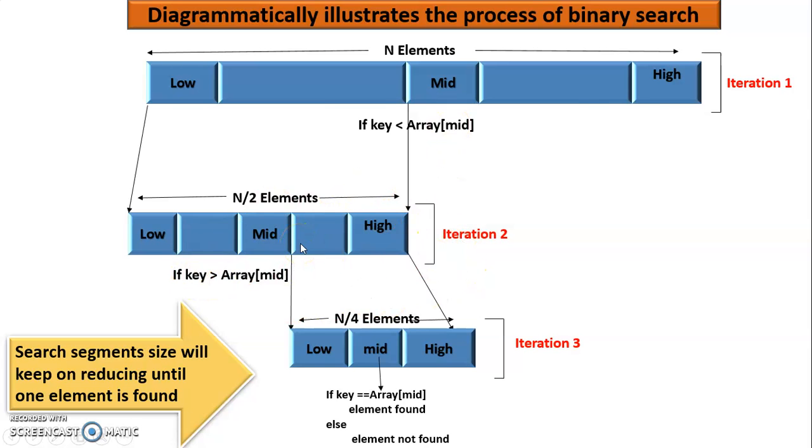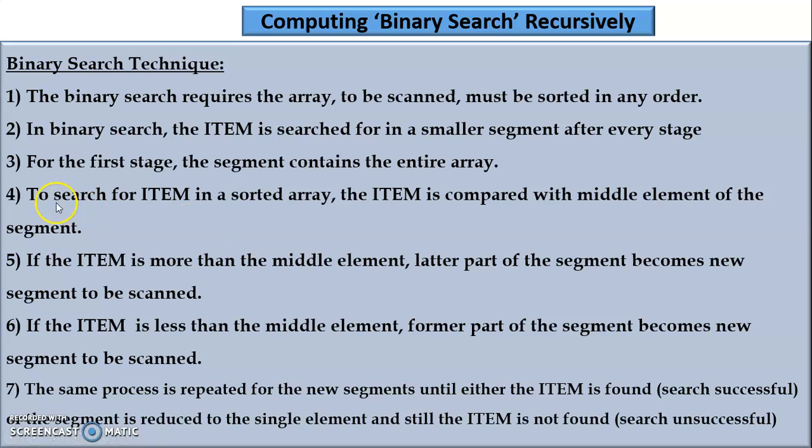Let's see why it is becoming small. So to search an item in a sorted array, the item is always compared with the middle element of the segment. Accordingly, in the next iteration, the segment is taken, whether the first half is to be considered or the second half. So if the item is more than the middle element, the latter part of the segment becomes the next segment